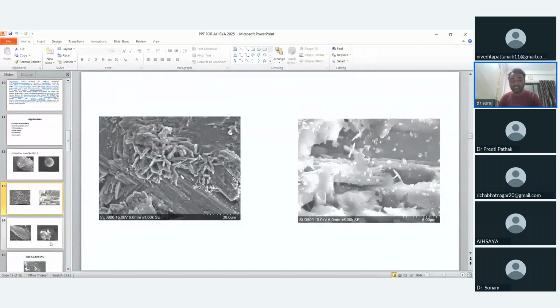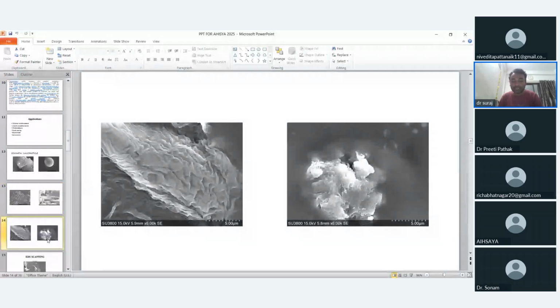Now this is Echinacea nanoparticle in 5 micron. It looks like broken glass or a broken bottle arrangement in a sea. So this shows the irregularity and crystalline nature of the nanoparticle. In 5 micron, you can see a golden appearance of this nanoparticle. So this is Echinacea mother tincture.